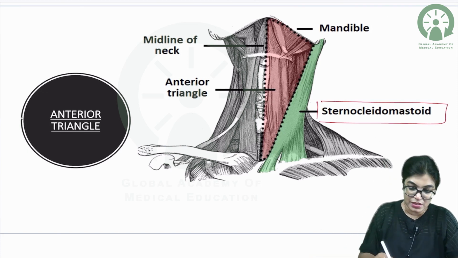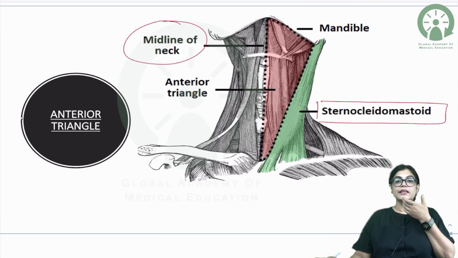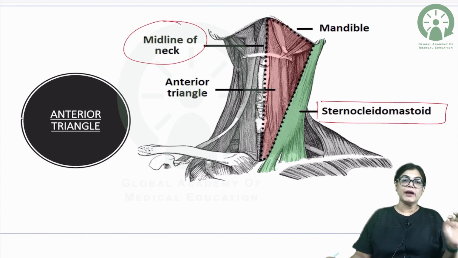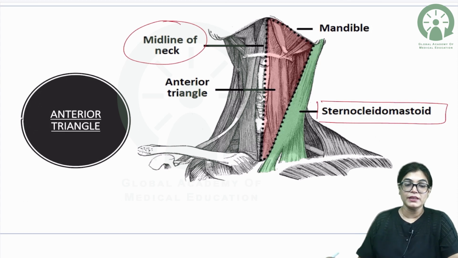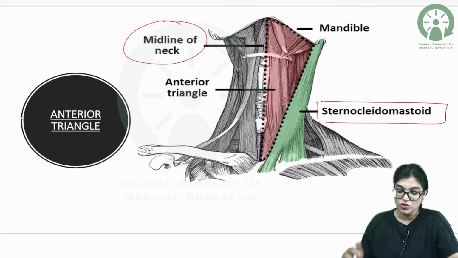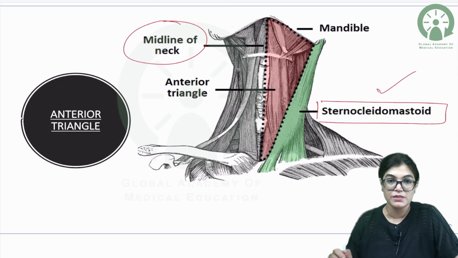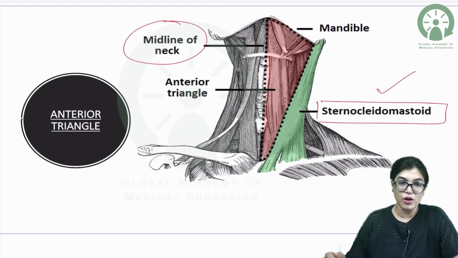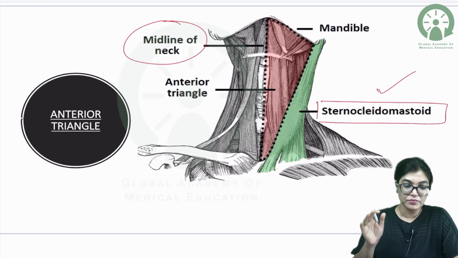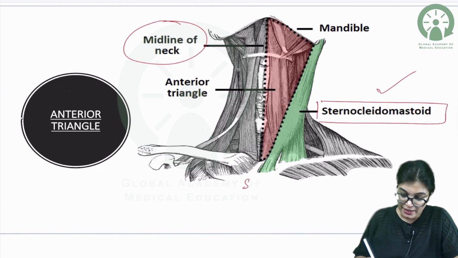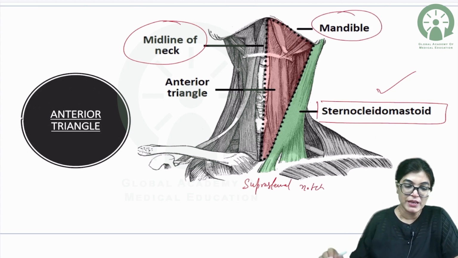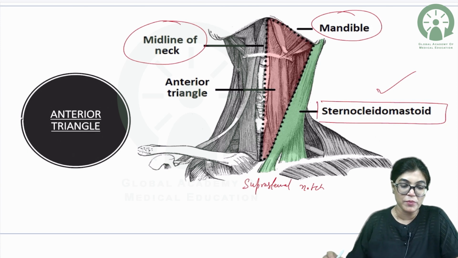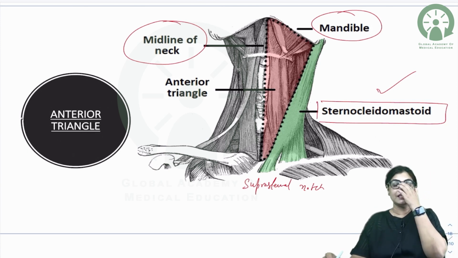the anterior neckline. So this is the midline of the neck. Anteriorly, the anterior triangle is bounded by the anterior neckline. Posteriorly, as you can see in this image, the sternocleidomastoid muscle is bounding its posterior border. Now, the apex is lying at the level of the suprasternal notch, and its base is by the base of the mandible. The lower border of the mandible is forming the base, and the roof is formed by the investing layer of deep cervical